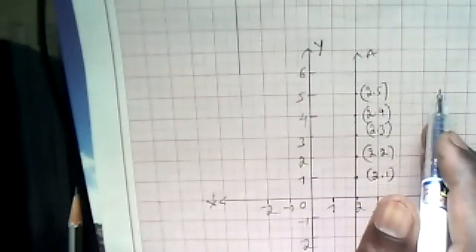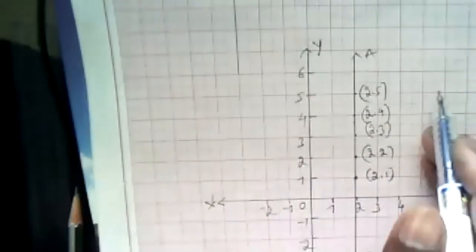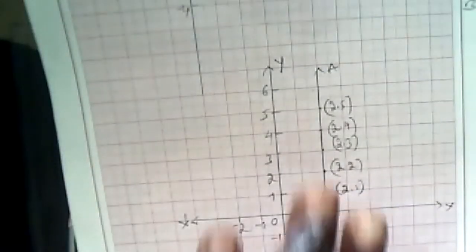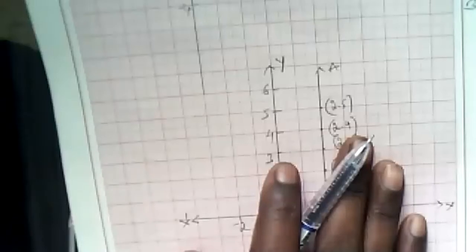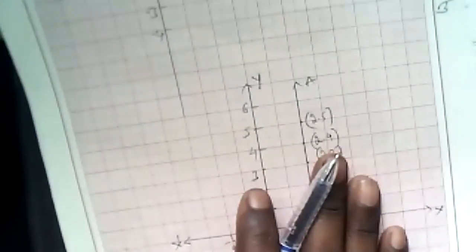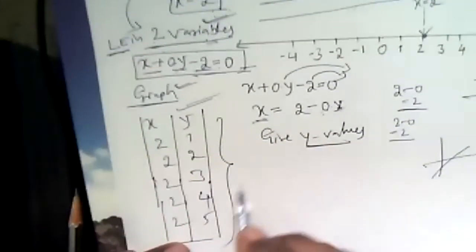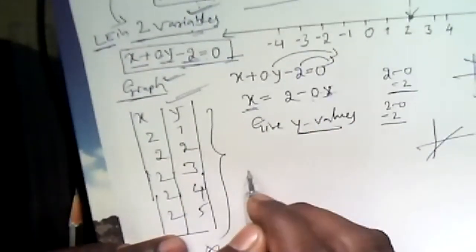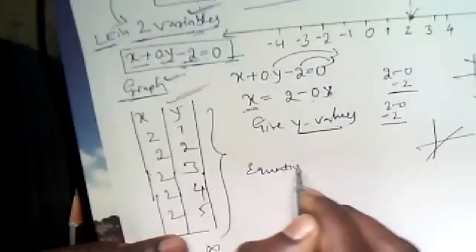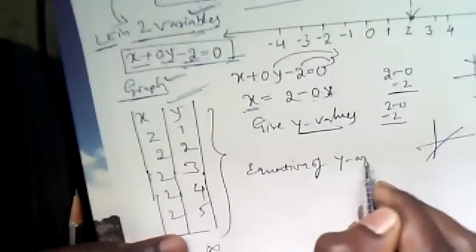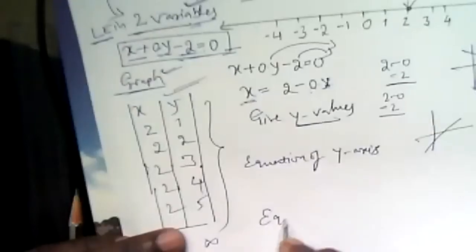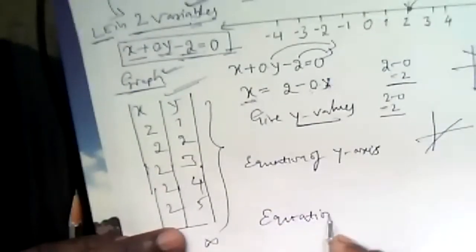Okay, now we are going to plot this type of graphs. Here the equation is x is equal to 0. Okay, now we are going to study a simple concept. Listen here. The equation of the y-axis and the equation of